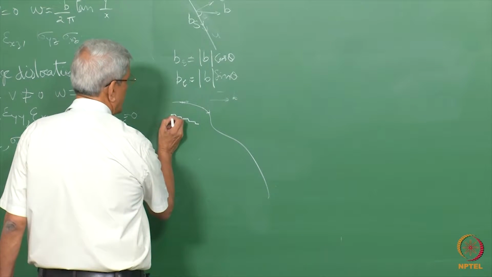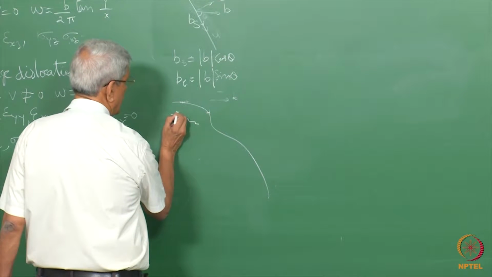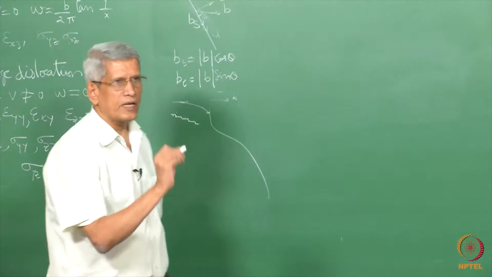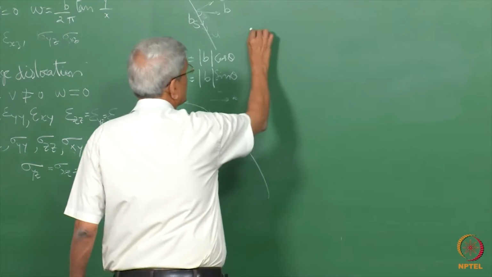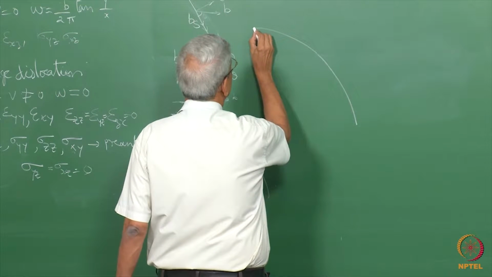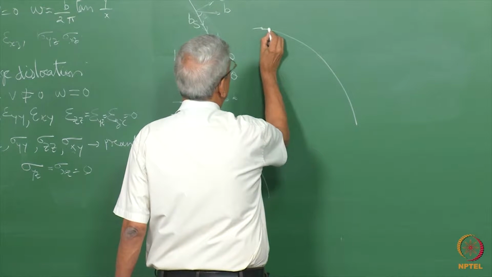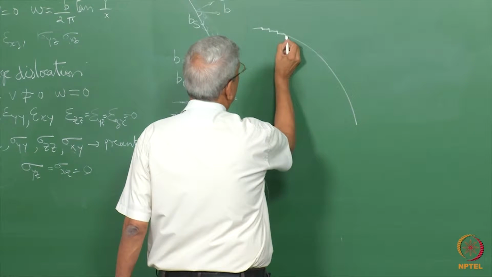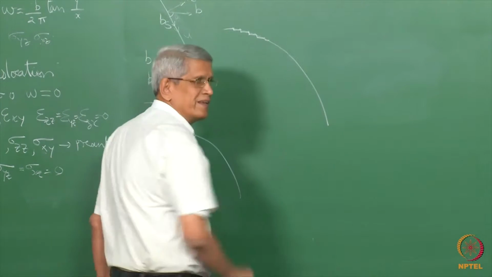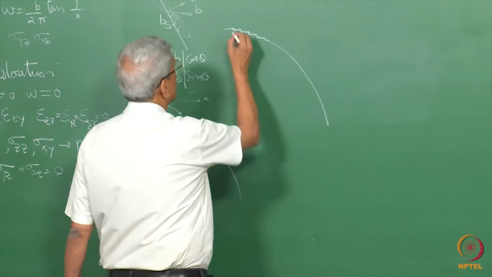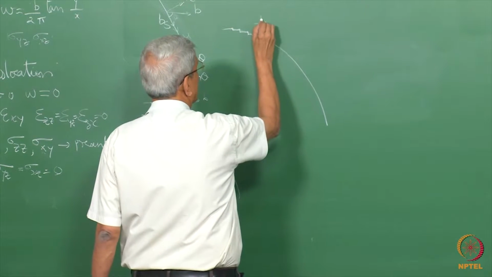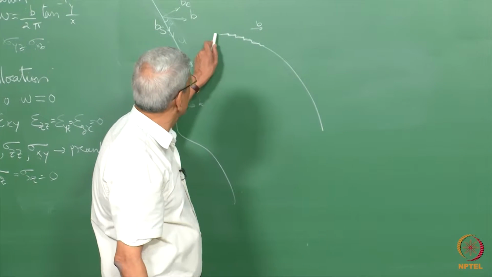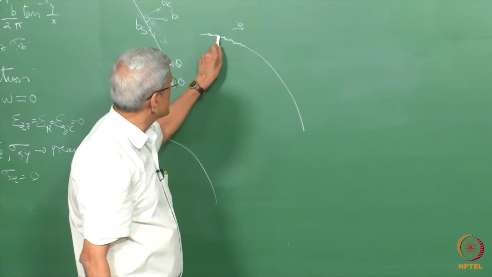This is the way dislocations will have, one will have a B, that is a screw component and an edge component. The dislocation line itself can be, that is, if a dislocation is bent like this, we can assume it to be like this, a small segment like this we can take it. And if the Burgers vector is in this direction, then this will be a screw component of this dislocation, and this will be the edge component.